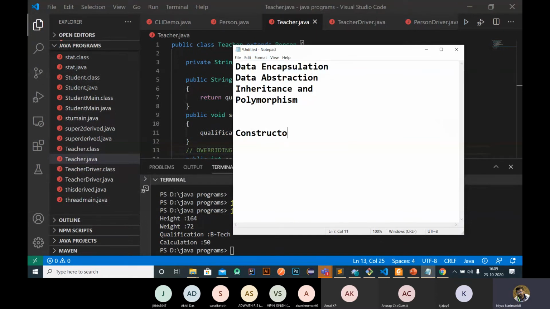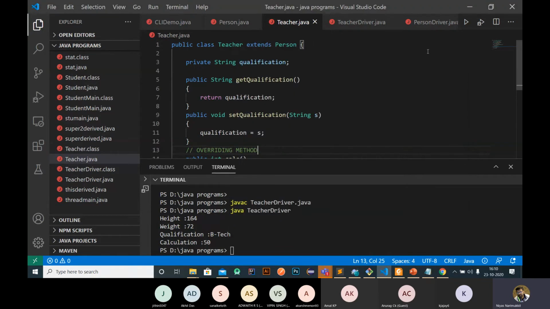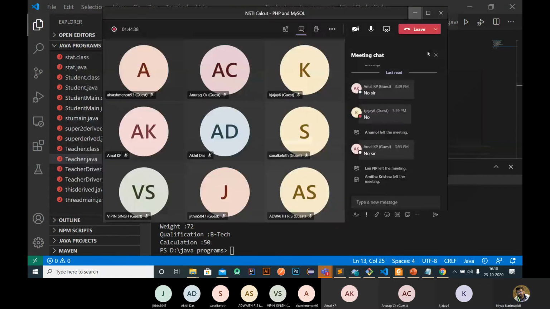You need to know the concept of constructors because there are some other functions we can use in case of inheritance. So before using those methods, we need to know the concept of constructors. So what are constructors? Anyone? What are constructors?